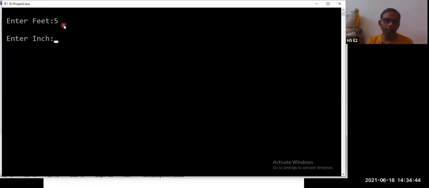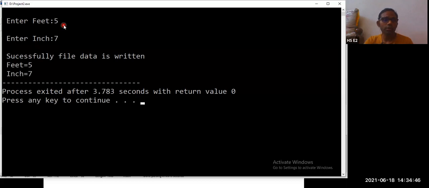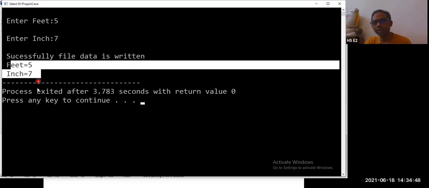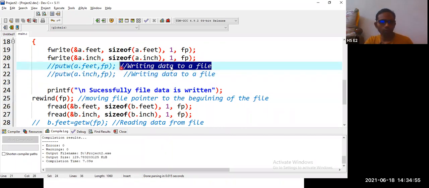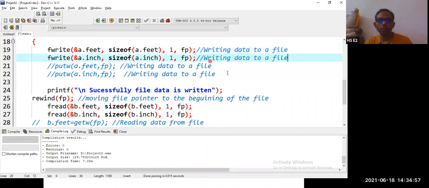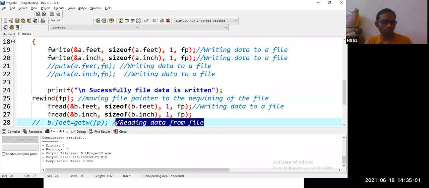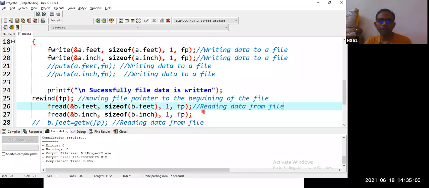Feet 5 and 7 inches, yes, 5 and 7, we are getting it correct. We can remove these two, writing to a file, copy binary file. Actually, just a second, Control Z, reading from a binary file.